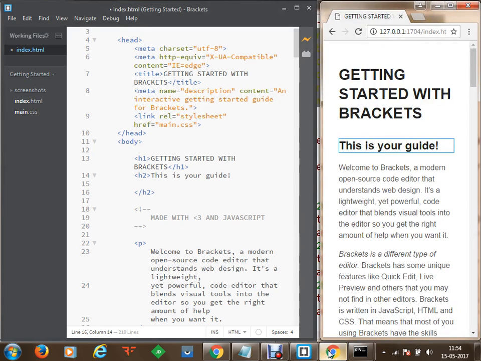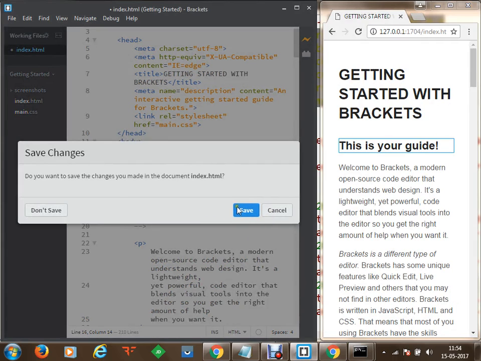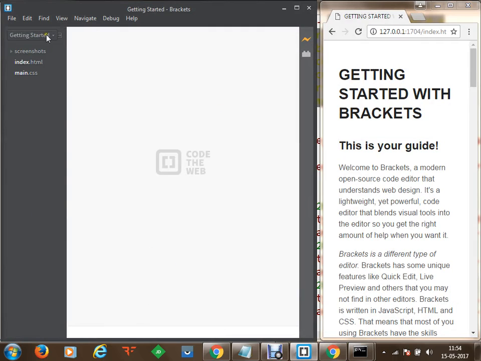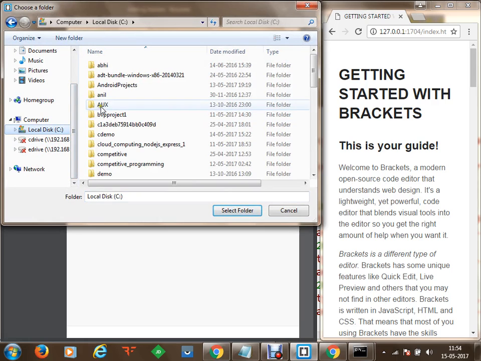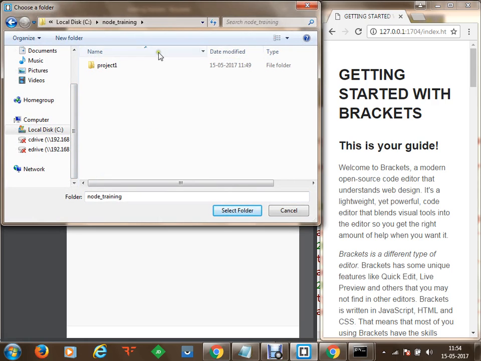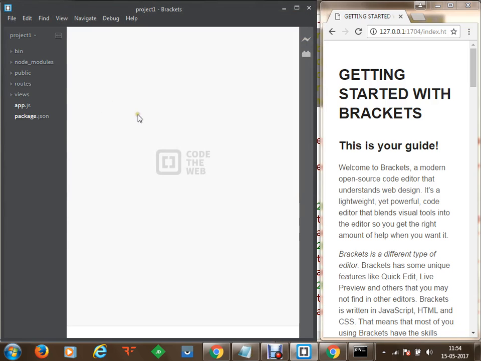We're going to open the live preview section on the right hand side. Now from here you can see that we'll go to the section working files, and here you can see that you have an option to get started. You can click on this getting started menu, you can click open folder, and you can proceed to the project which you want to open. So I'm going to click on open folder. As soon as we open a folder, we'll go to our directory Node Training, and within this Node Training we have a directory known as project 1, and this is our project which we just created with npm. So we are going to select this folder, and now you can see that your project is displayed here.